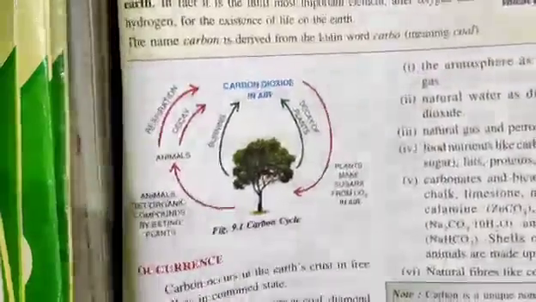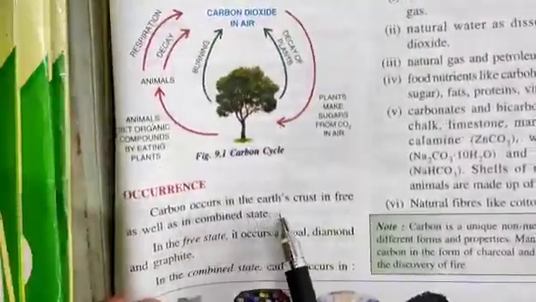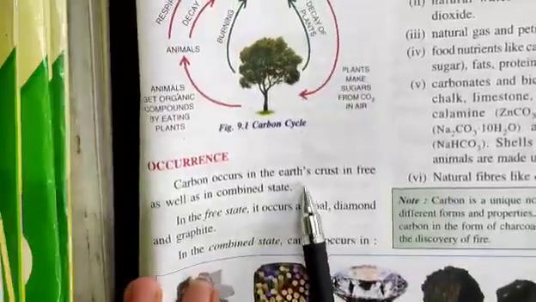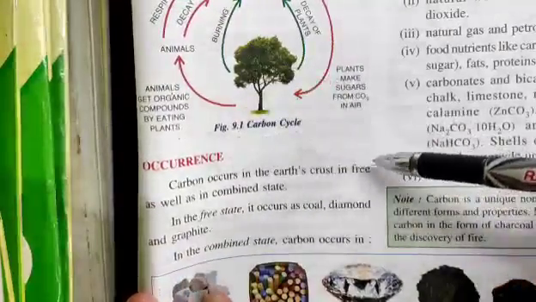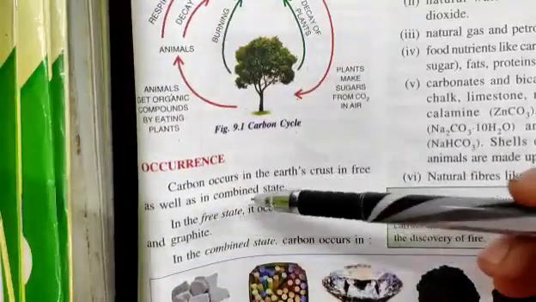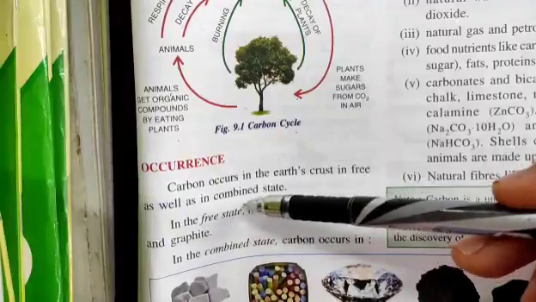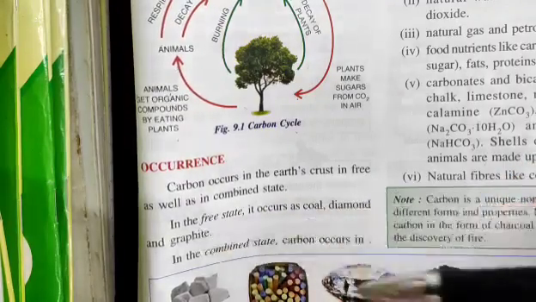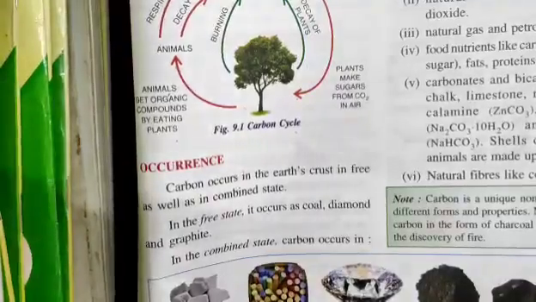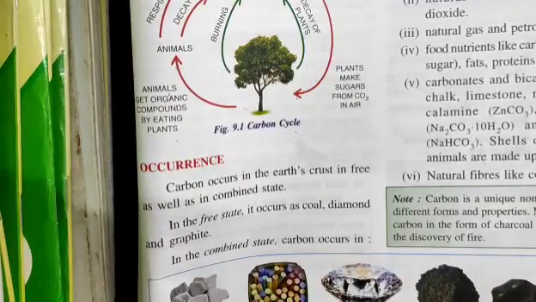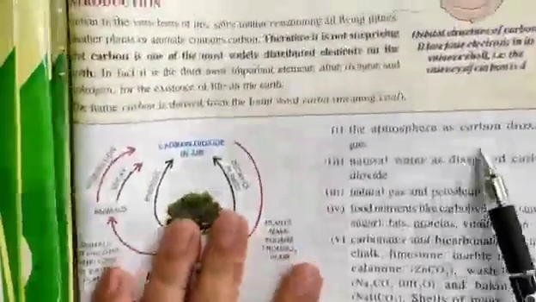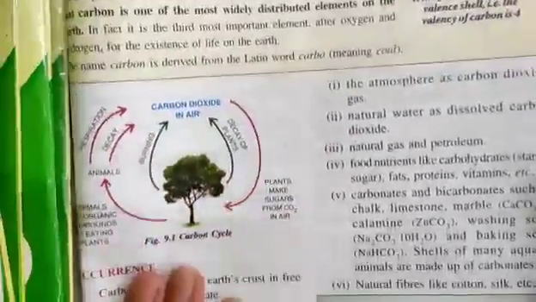Now, occurrence of carbon. Carbon occurs in the earth's crust in the free as well as in the combined state. In the free state, it occurs as coal, diamond and graphite. And in the combined state, it occurs in the atmosphere as carbon dioxide, and